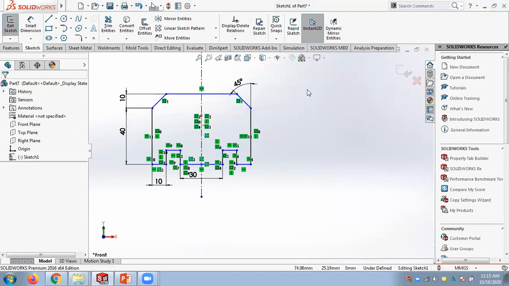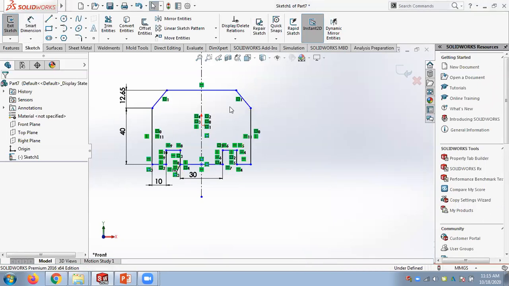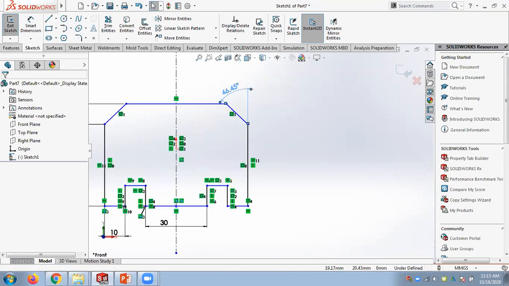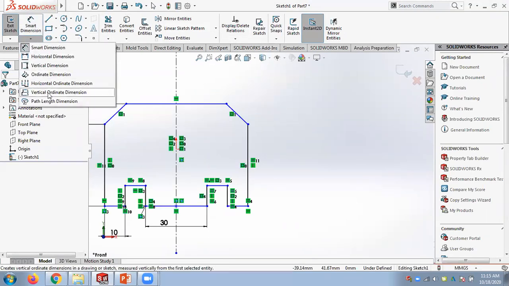So I'll do it again. Just go to smart dimensions. Under smart, you have different methods. You can apply horizontal, vertical coordinates. I didn't do these things.